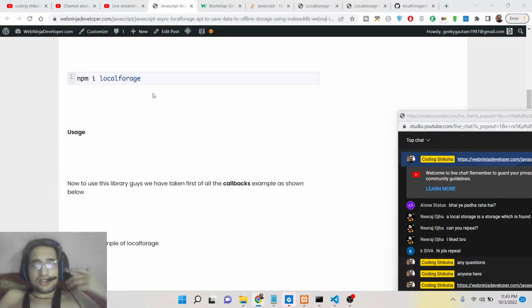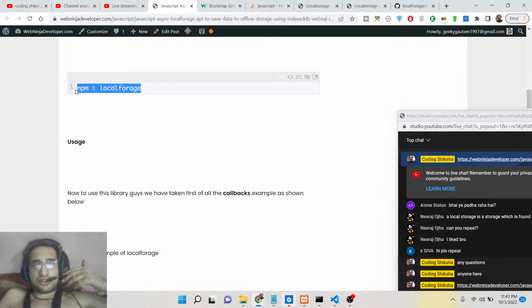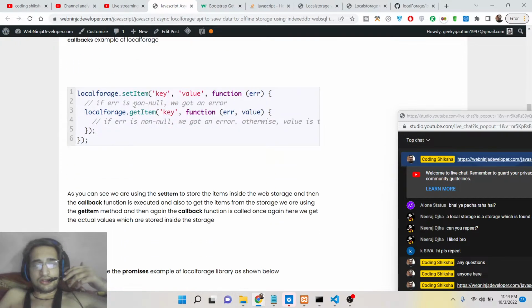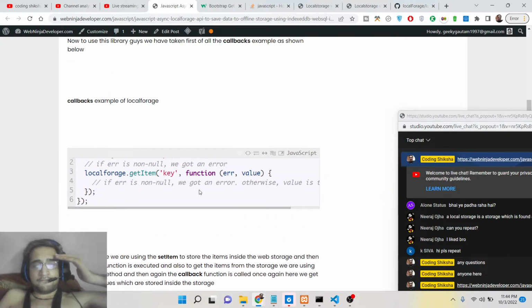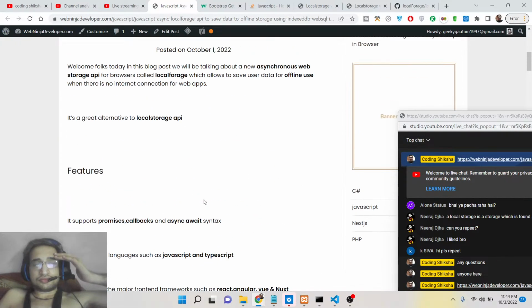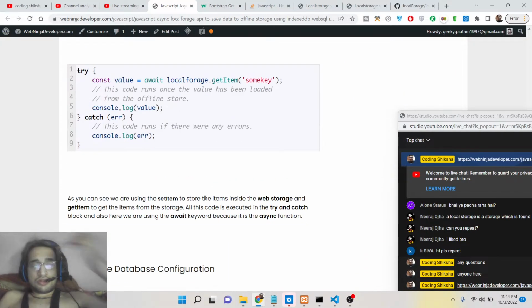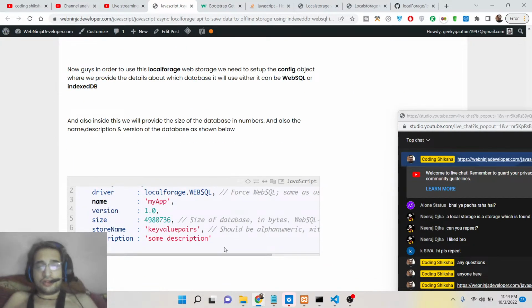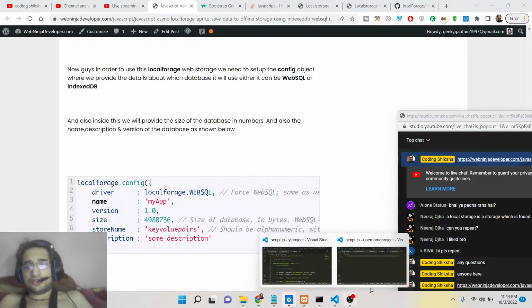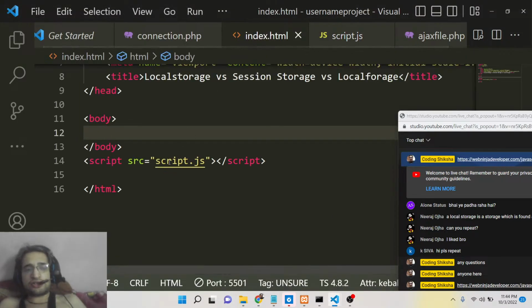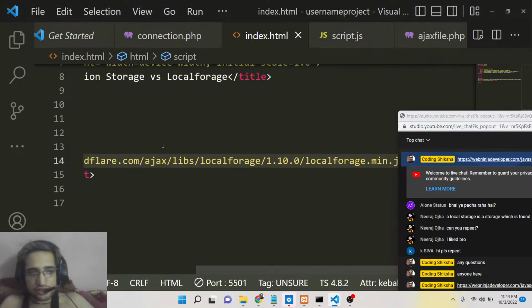You can see you can even use this library on the Node.js side as well. This is the command: npm i localforage. After you include this CDN inside your index.html, just after the body,